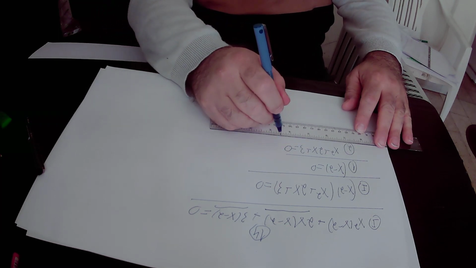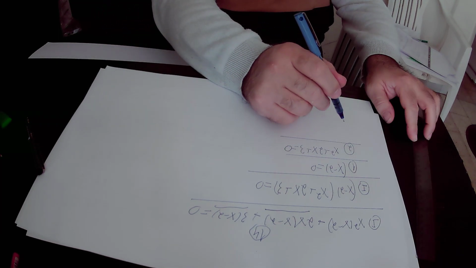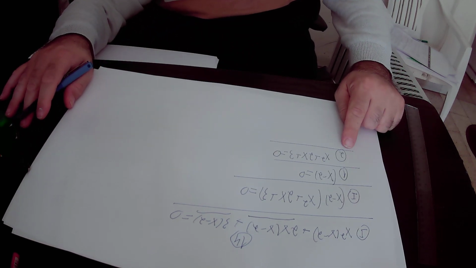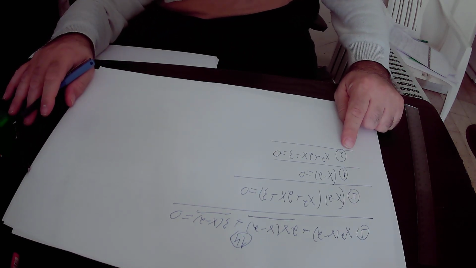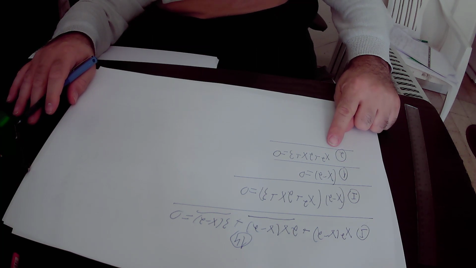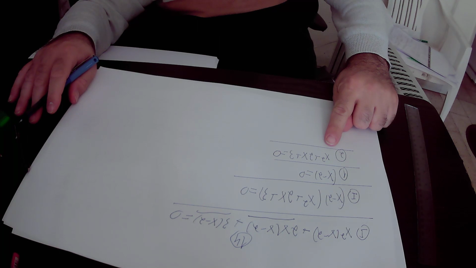Okay, so we will focus on the second possible solution, solution number 2, and we will find out the value of x. This is a quadratic equation,